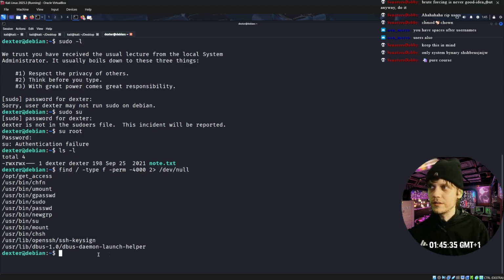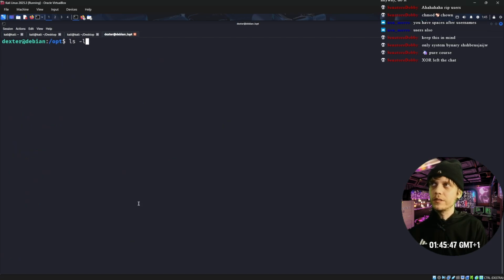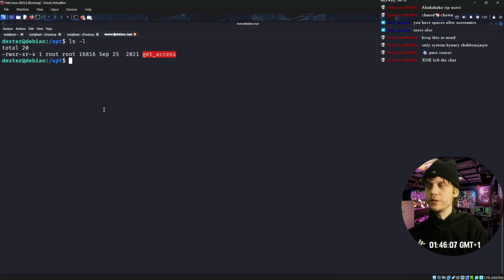The other ones, as you can see, are system level binaries. So we travel to the opt directory and we see that it belongs to root and there's an S with the read, right? Only the read part. Now, if we do get_access,